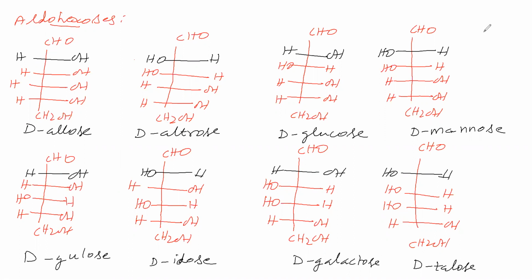Another thing is there. Small d, small l and capital D, capital L have a difference. Small d and small l mean dextro and levorotatory optical isomers. Capital D and capital L is the DL nomenclature for carbohydrates, not dextro and levorotatory. So for aldohexoses, 8 D configurations and 8 L configurations, totally 16 configurations we can say.